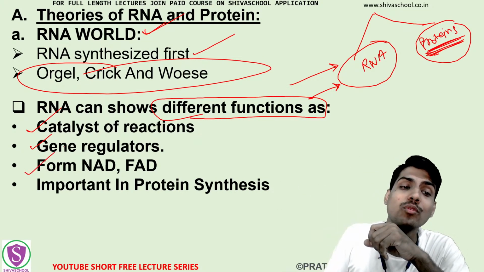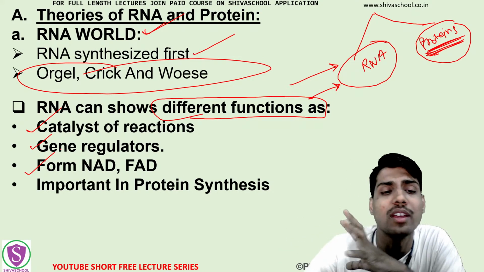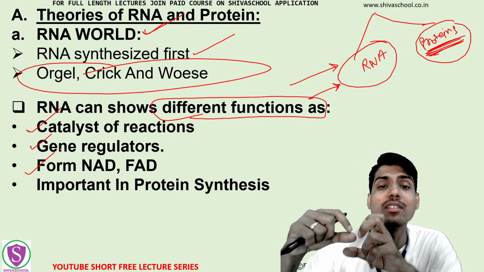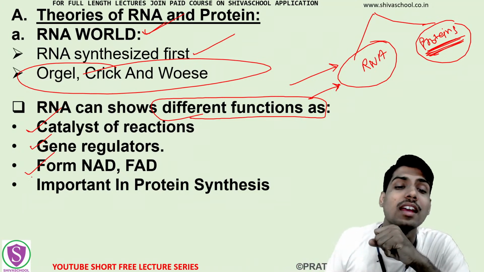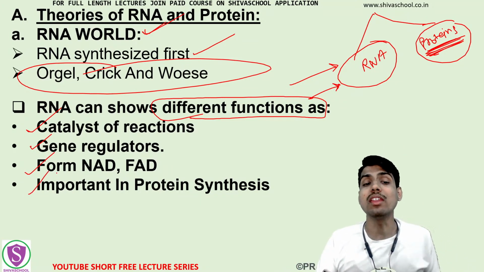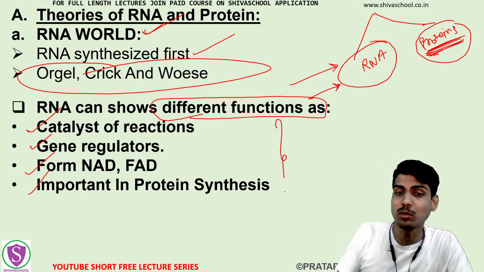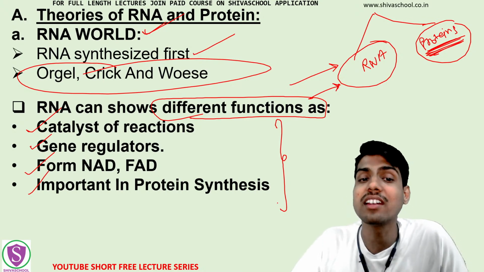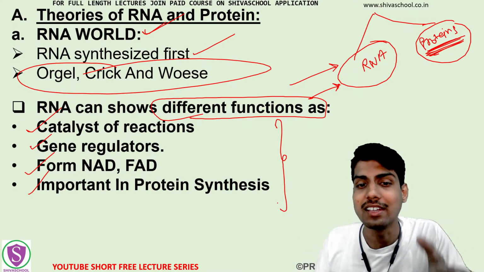They can also form these different NAD, FAD, nicotinamide adenine phosphate, जो है ऐसे बहुत सारे components हैं which are ultimately required for different cellular cycles, they are also going to be formed from this। Okay, and these are also going to be very important in protein synthesis। See, these are some of the points which emphasize the RNA's functions in different cellular activities।